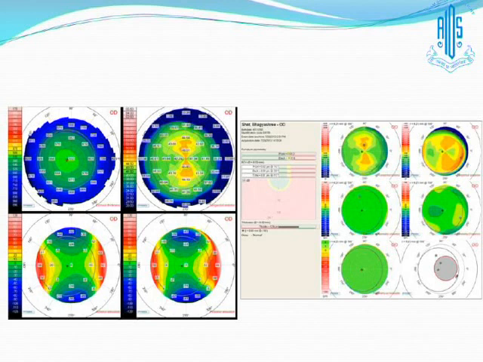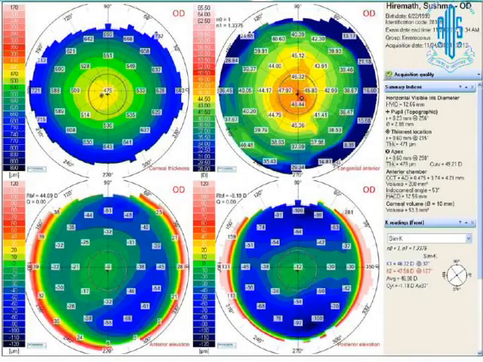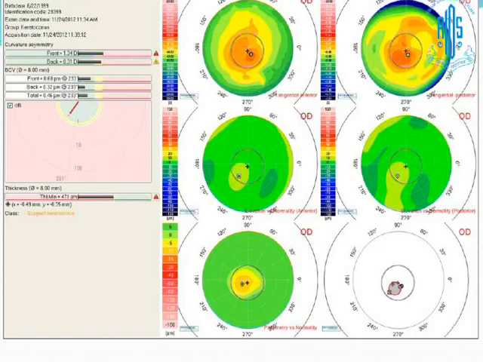And this is the keratoconus screening, where the points are quite different and they are not at the same place. So we can pass it off as a normal map. Whereas if you see here, there is slight ectasia in the anterior as well as the posterior. And the curvature map also shows a slight ectasia there. And then in the keratoconus screening, you see all these points coming together at one place. So this can be a form fruste keratoconus.